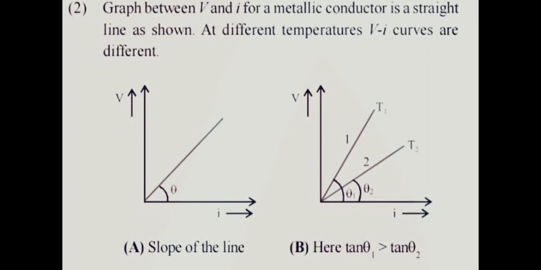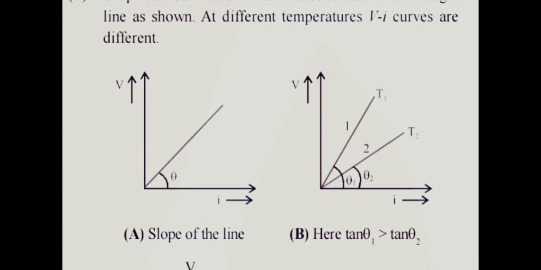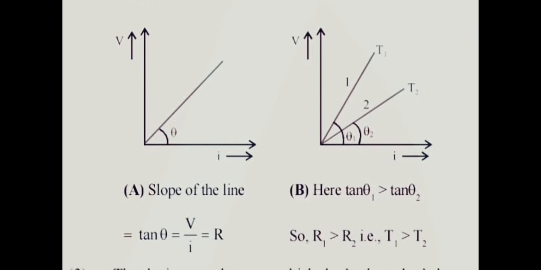All right, now here we are looking at different temperatures, because we already know that in any conductor there is a huge impact of temperature. Due to temperature the flow of current can be slow or fast, and the resistance can also be high or low. So for different temperatures we have these graphs.